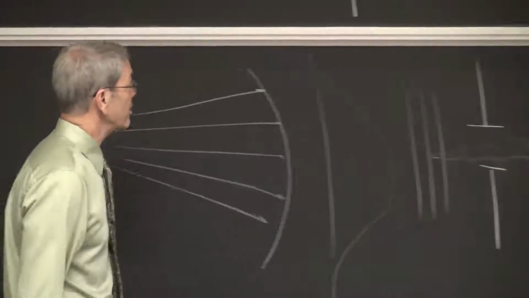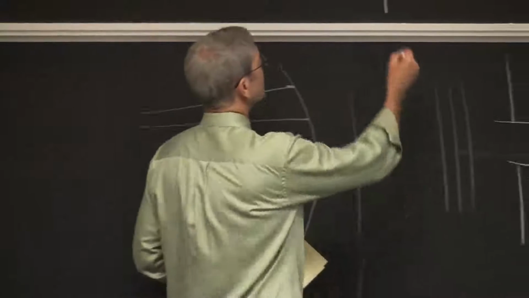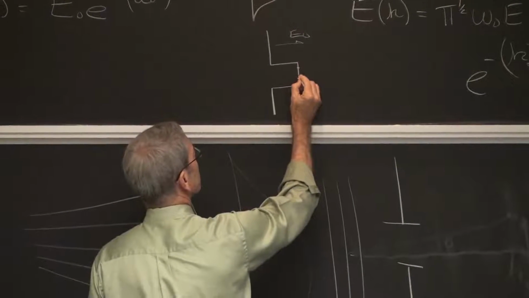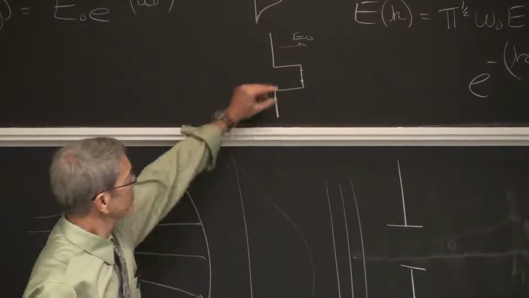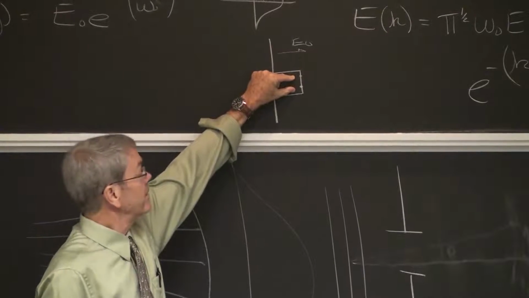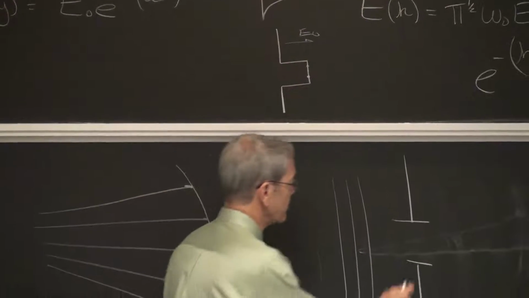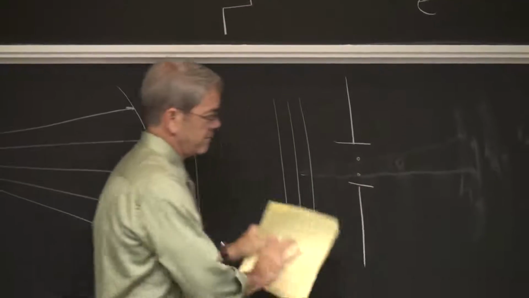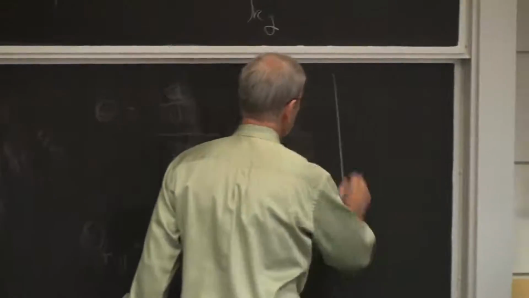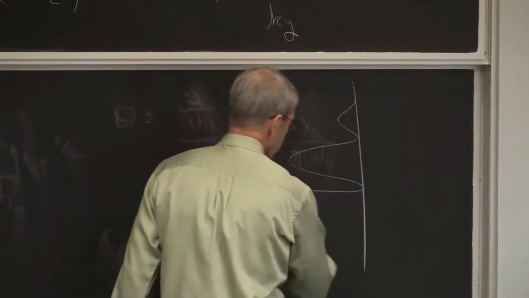Now, we can go through the analysis if you want. It's pretty easy to do, but the simplest way to do it is just to divide this into a bunch of points. Take 2 dipoles, half the distance apart, and look at the pattern for that. And then move it and just make a superposition of those things. If I take 2 dipoles here and propagate them, what you see is you're going to get an interference pattern over here, which, when you look at the intensity, looks like a sinc function,